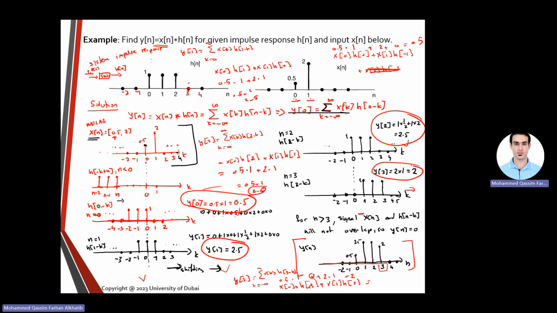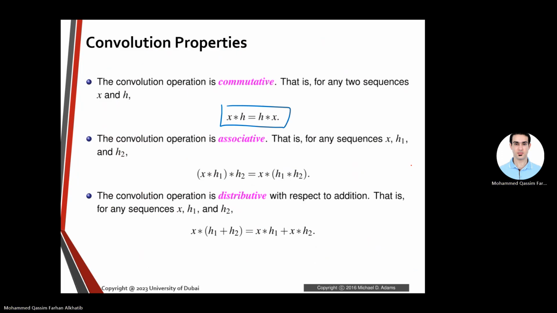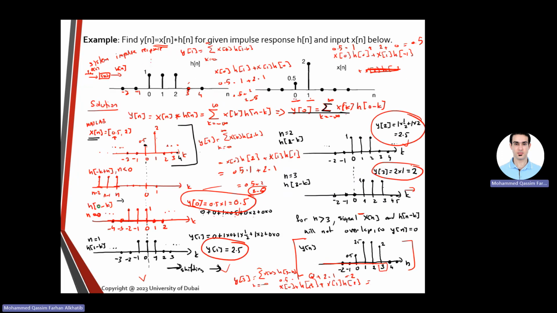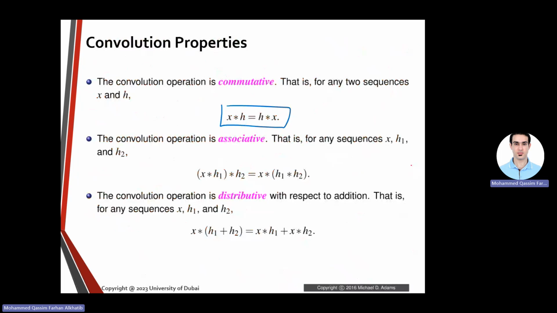This is the standard method. Now we'll see the other methods, the tabular method and the matrix method. It's the same thing. That's the standard way. Okay, before going to the other methods, some properties. Convolution is commutative, which means that if